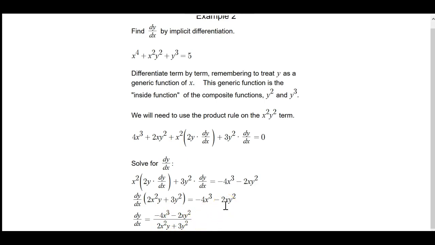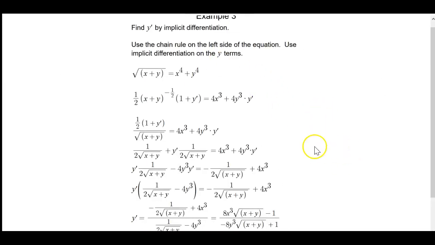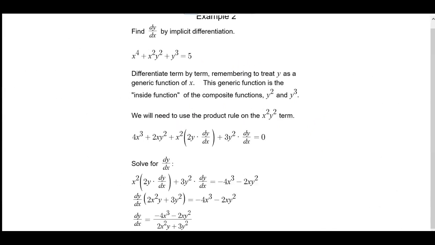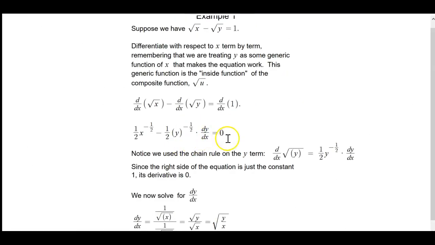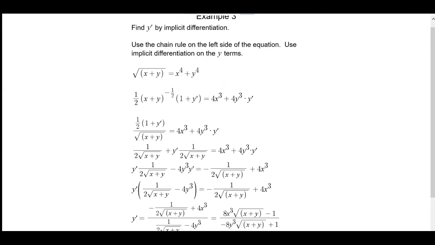So let's say that my problem had been to find the equation of the tangent line at the point (1, 1). Then I would evaluate this function when x is 1 and y is 1 to find the value of that derivative. Okay, now one thing, dy dx and y prime are interchangeable, so you'll be seeing both notations used in these examples. So here we have another example where we need to use the chain rule at first